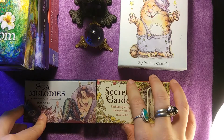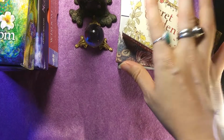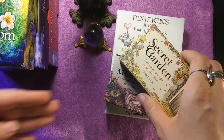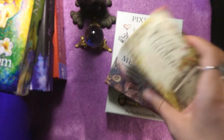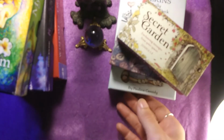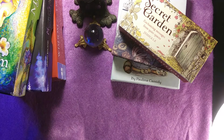You can really get the advice that you need from them. So that's it. This is all my, it's actually supposed to be 5, but it's 6, but I kind of count these as 1. So these are my 5 top decks, oracle decks, and they're very good for beginners. So now I'm actually going to do a very quick reading, and I just have to sort these things,